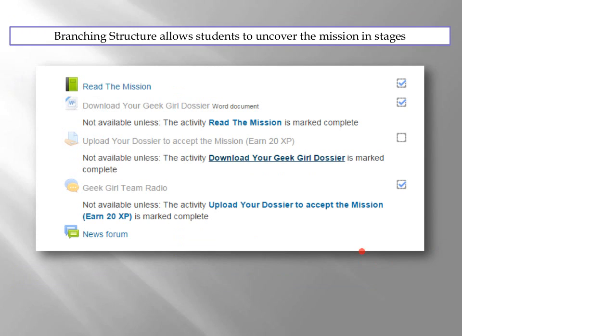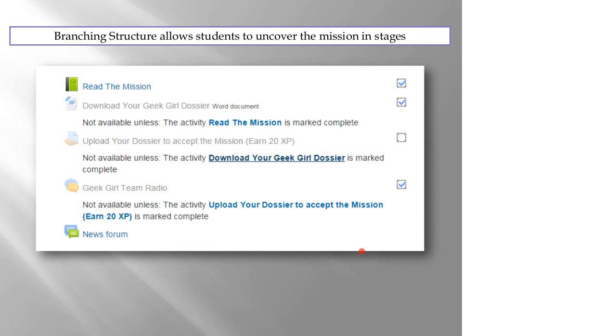So how did this work? Well, first of all, the branching structure, which you get within Moodle, I think is quite important. One thing about games is that you don't want to see the whole game up front. You want to see it unfold. You want to see it develop. You don't want to know where you're headed, because you want it to come as a surprise. That joy of discovering what's around the next corner, I think, is very important.